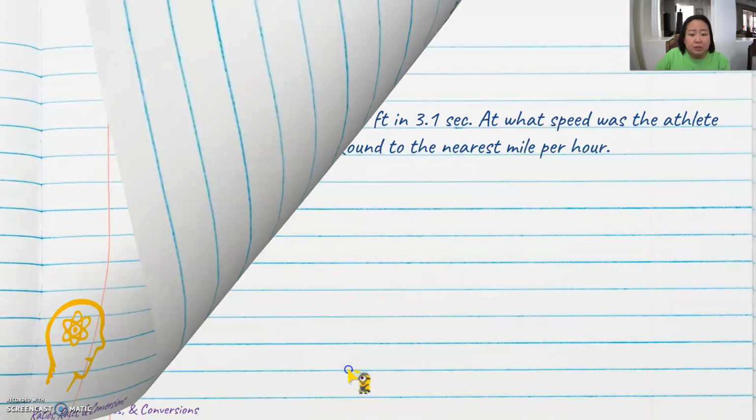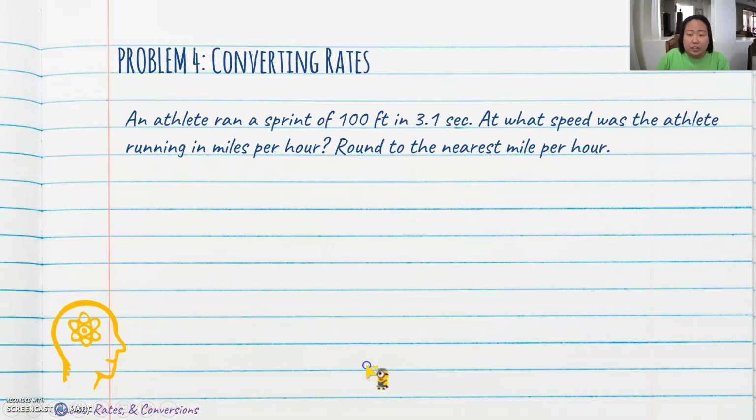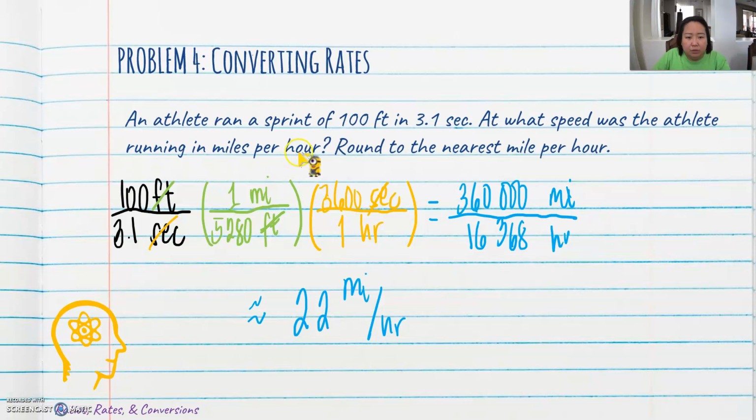Okay, so you can try this next example on your own and find out what is the speed of this athlete in miles per hour. Go ahead. So for an athlete who can run 100 feet in 3.1 seconds, that means that athlete's speed is